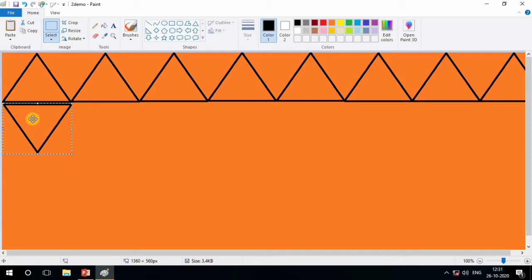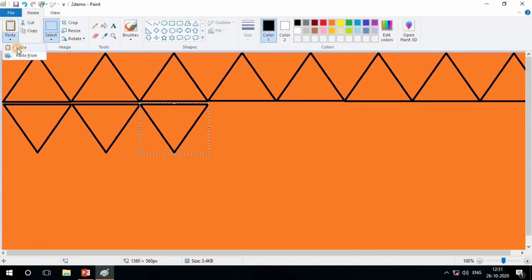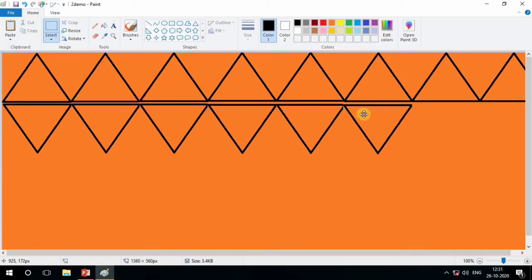Now see, in this second row, we copy it and simply paste it. Now join these shapes, paste. So you can see, notice that we are drawing something interesting here. You can see here, we are drawing something new with new ideas.